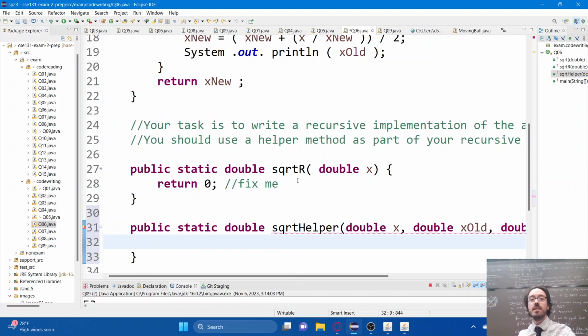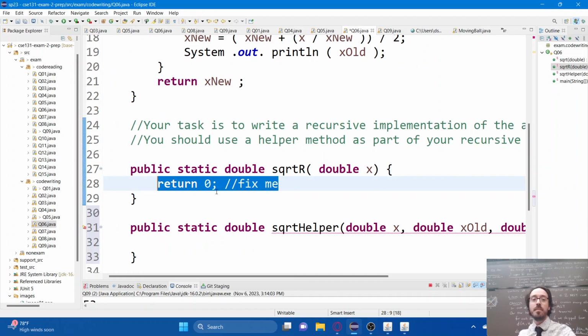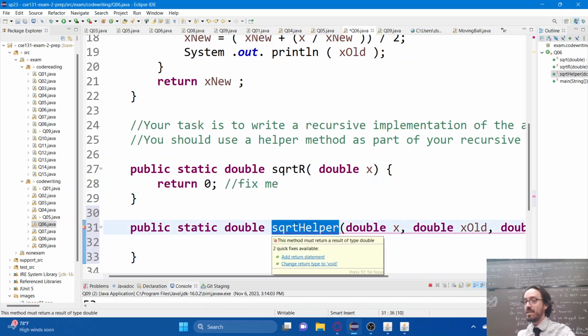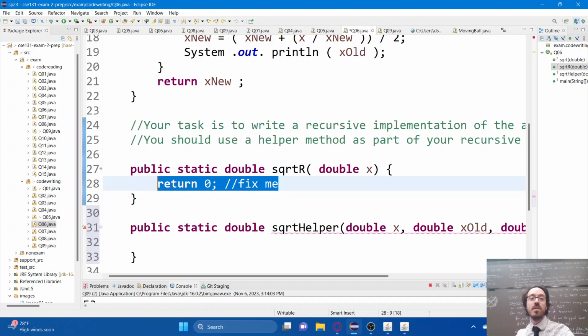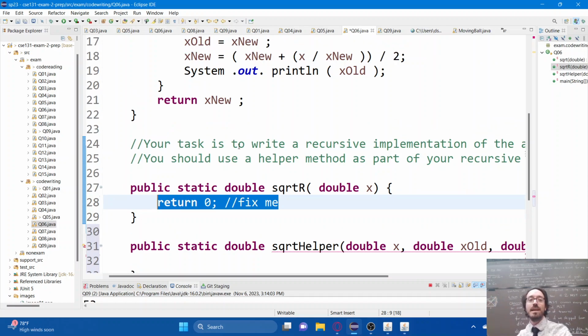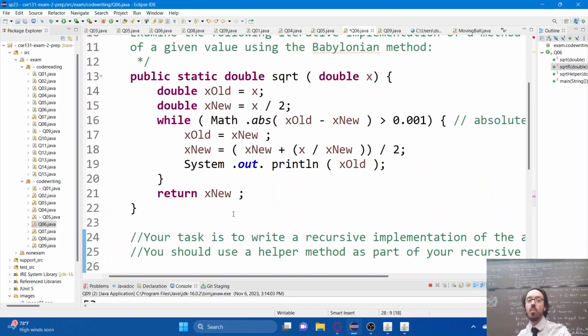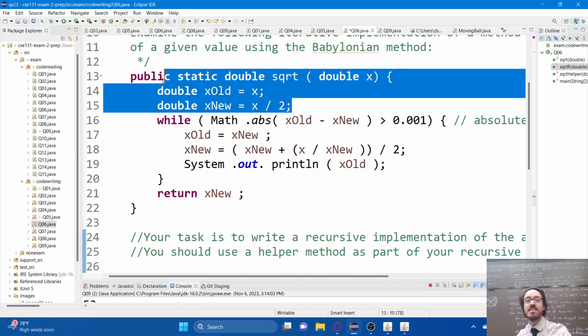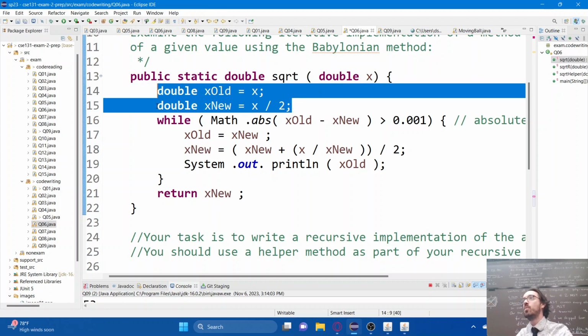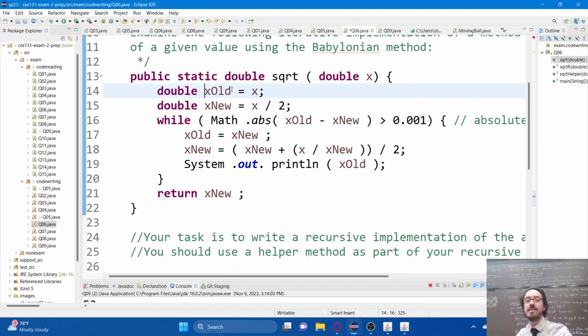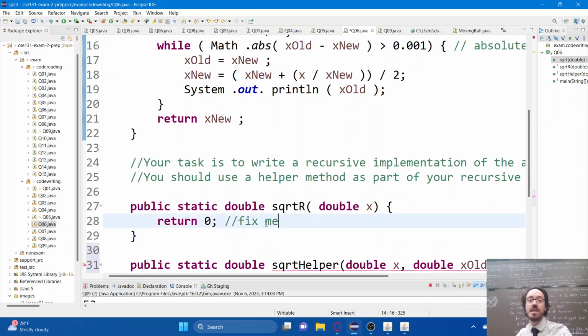We can now actually come back up here and talk about this method. Remember, the helper method is our recursive method. It's going to be doing the repetition. Anything that doesn't need to be repeated is going to happen one time, and it's going to happen here. So if we scroll back up to this code and we examine what isn't being repeated, it's this stuff. This stuff is only happening once, creating these variables one time at the very beginning. Well, these became parameters. So instead of creating these as variables, instead what I'm going to do is I'll call my helper method,